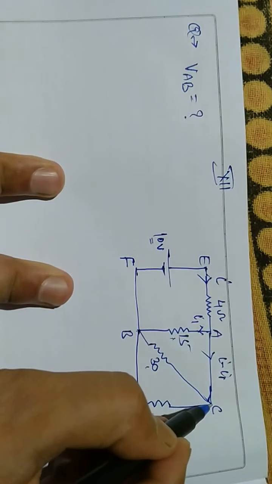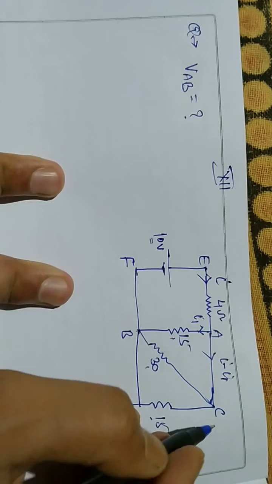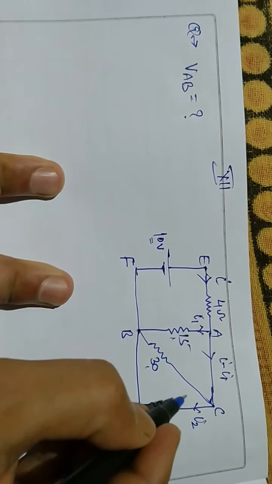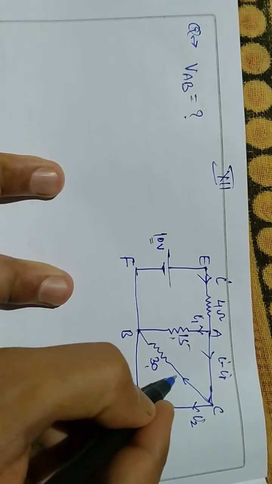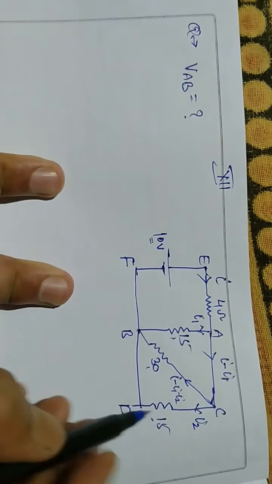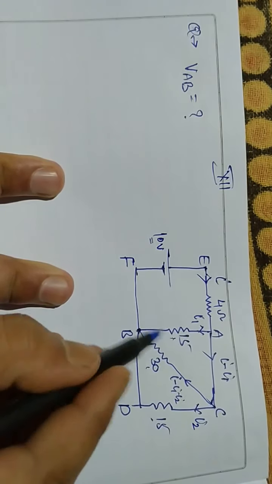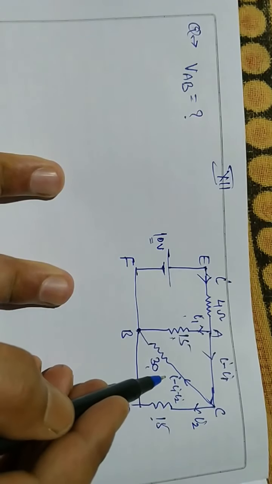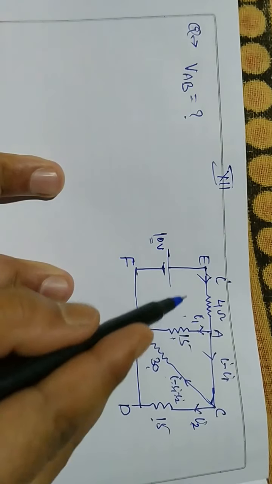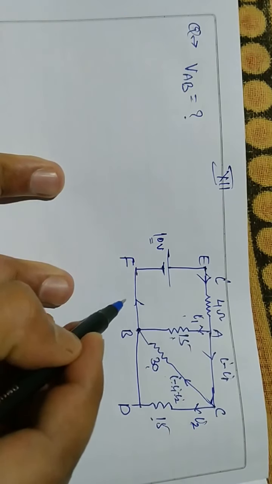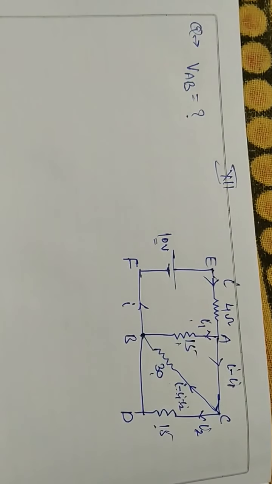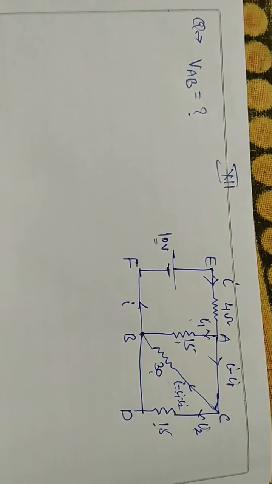Now it will break here. Suppose in this branch it will be I2, then in this part it will be I minus I1 minus I2. Okay, now at this point this I1, this I minus I1 minus I2 and this I2 will be added together and give current I. So let's first find out the value of